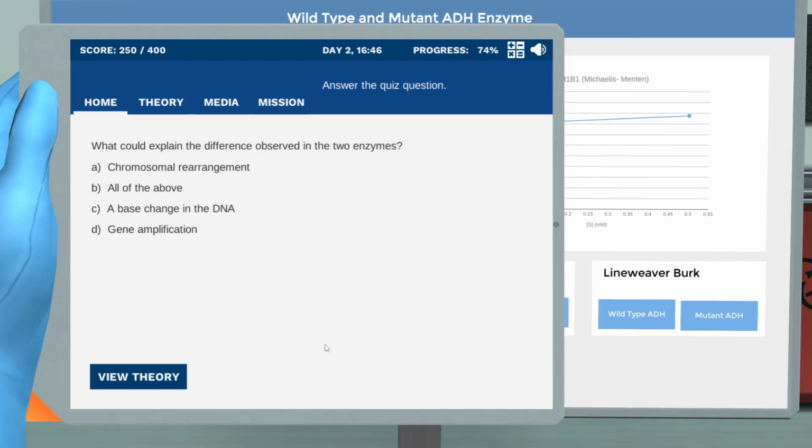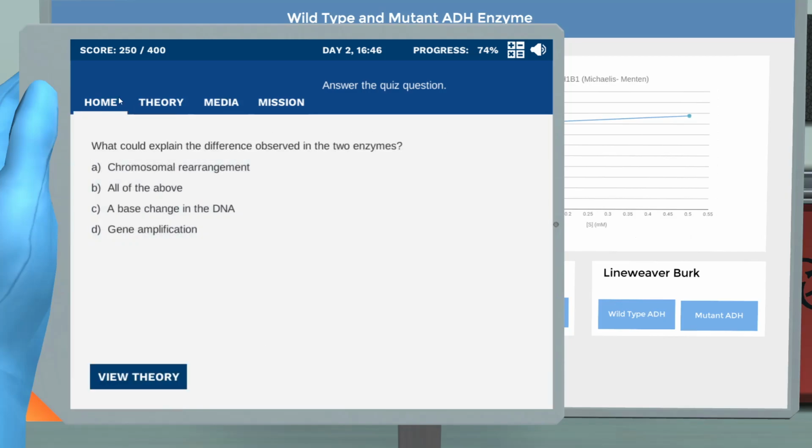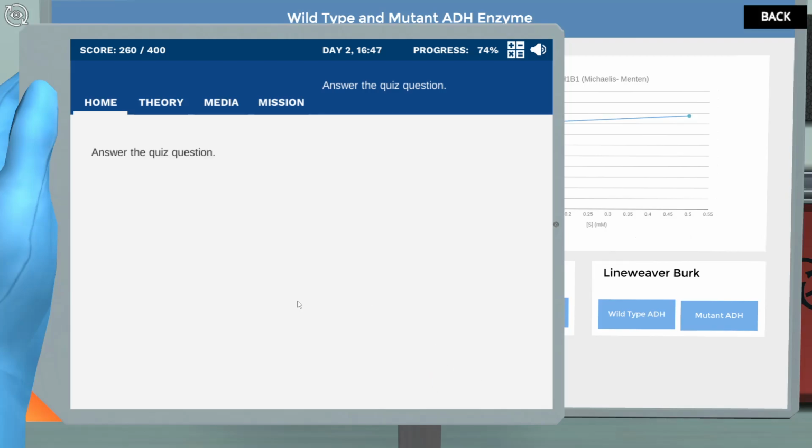What could explain the difference observed in the two enzymes? That's correct. A DNA mutation can alter an enzyme's activity, resulting in altered enzyme activity. In this case, it was a